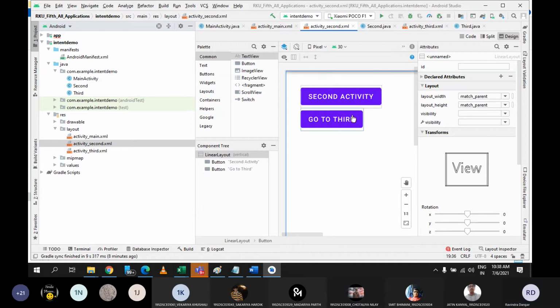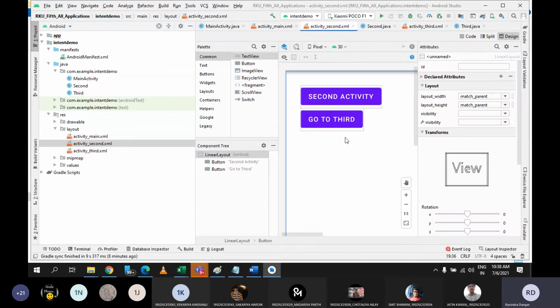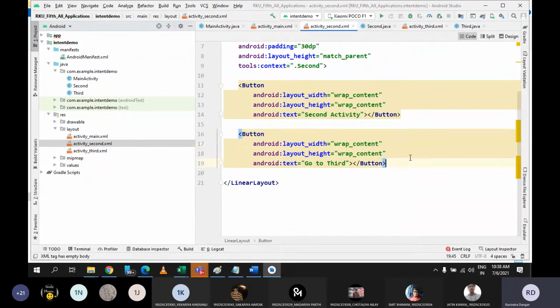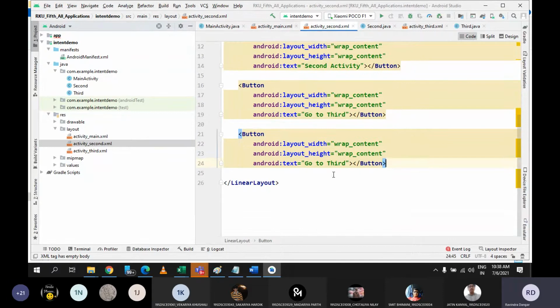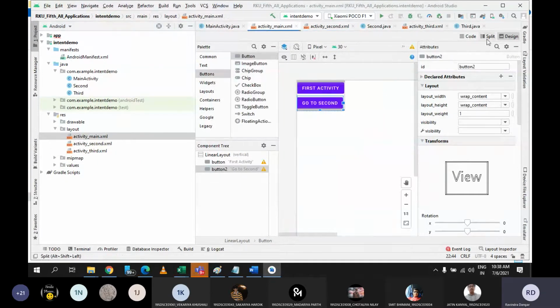No, sir. Yeah, and let me go with the third activity as well. Or one more thing we can do in second activity, let's put one more button. Let me now copy it, and here instead of go to third, let me write go to first. So what I'm going to do, from main activity we can go to the second.